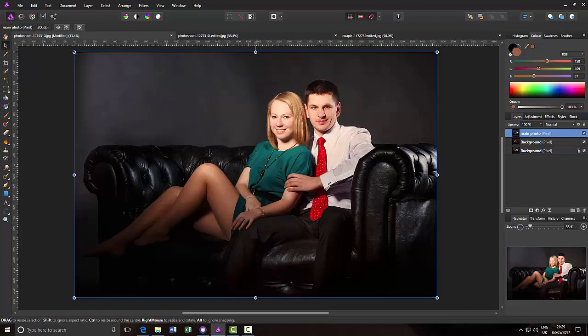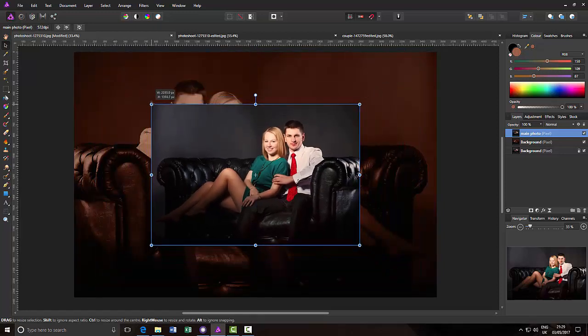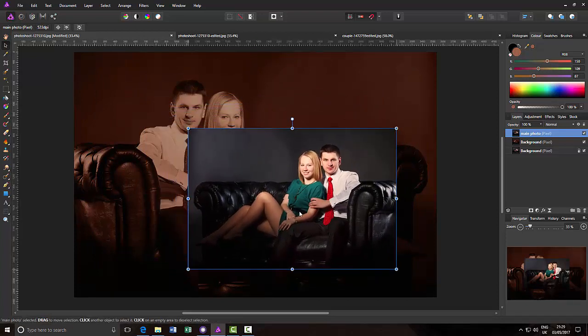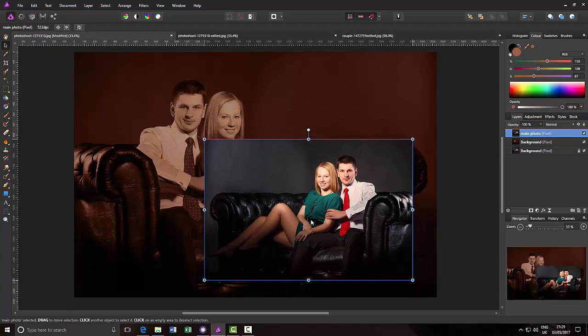And on the move tool I will come to one of the corners, hold down the control key and click and drag the image to roughly the size I want it, and I'm just going to click and move it to roughly where I want it. They can all be altered later, and the background image will also be altered a bit later because at the moment it is too far over to the right and I want it a bit further over to the left. But first we want to add an effect to this